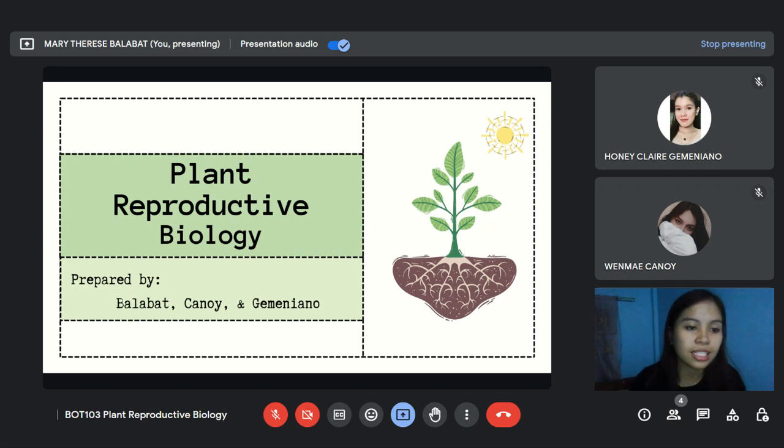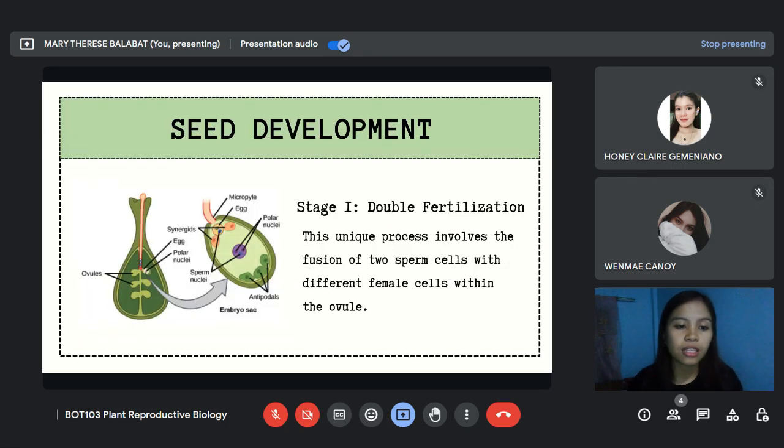For first fertilization, one sperm nucleus fuses with the egg nucleus, forming a diploid zygote, which develops into the embryo of the seed. For second fertilization, the other sperm nucleus fuses with two polar nuclei in the central cell of the ovule, forming a triploid endosperm nucleus. So this ultimately develops into the endosperm, a nutrient-rich tissue that nourishes the developing